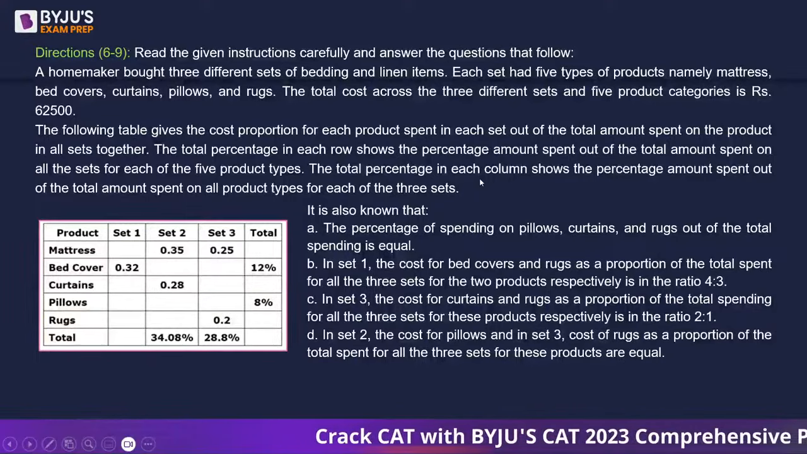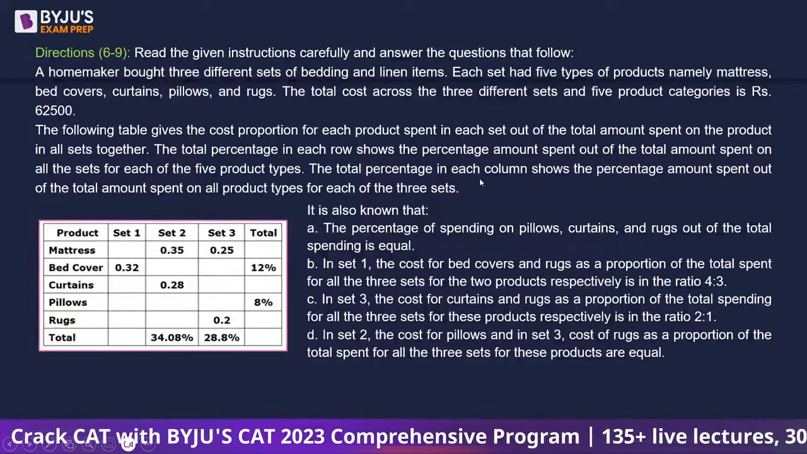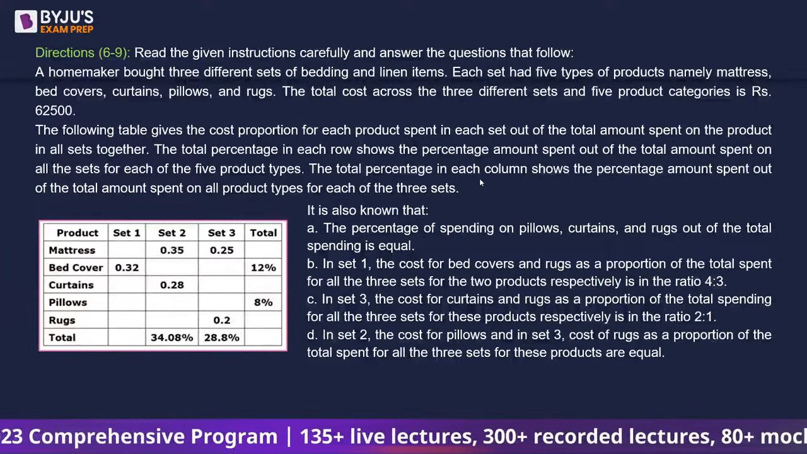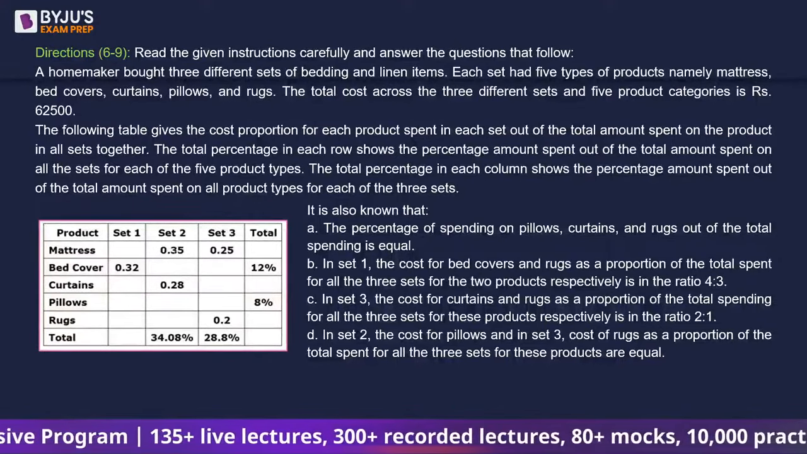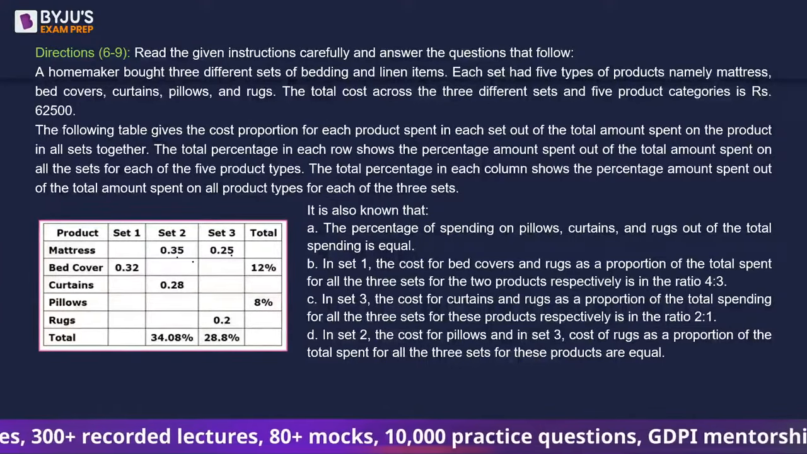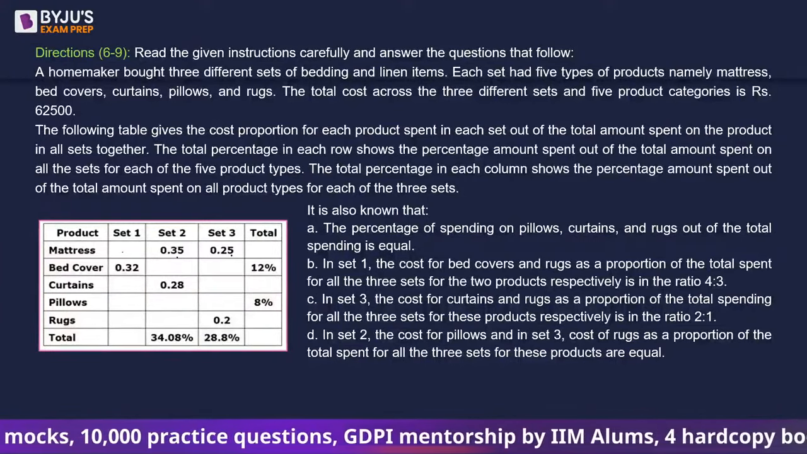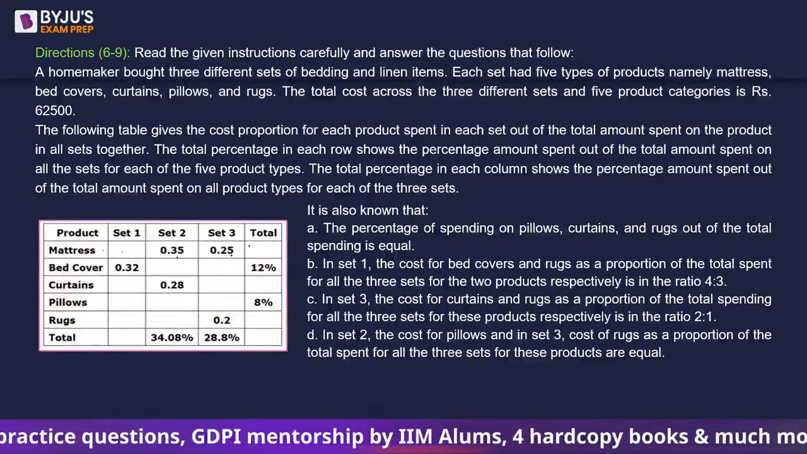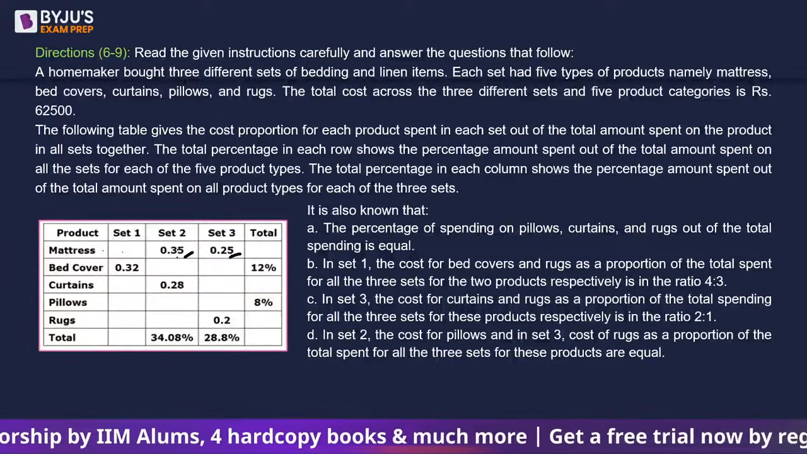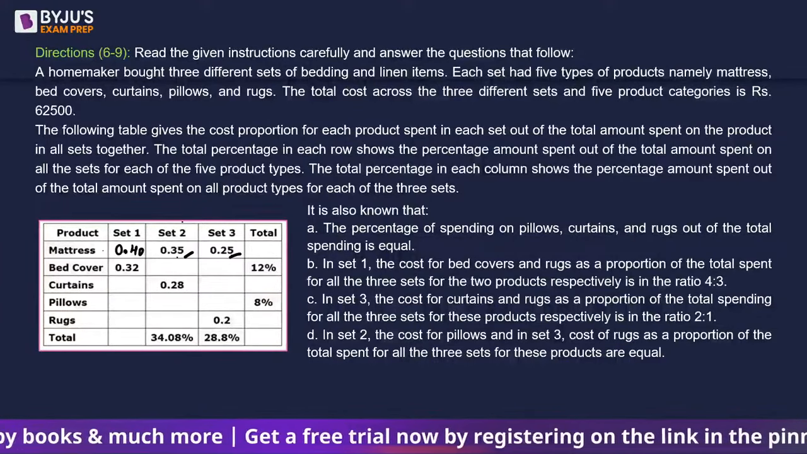Okay. The following table gives the cost proportion for each product spent in each set out of the total amount spent on the product in all the sets together. So what it means is that these 0.35, 0.25 are the percentages given, okay, that they all constitute 100% of the mattress, as in mattress had 3 sets. Its 25% was third type mattress, 35% was 2 type mattress, and the remaining 40% would be type 1 mattress,